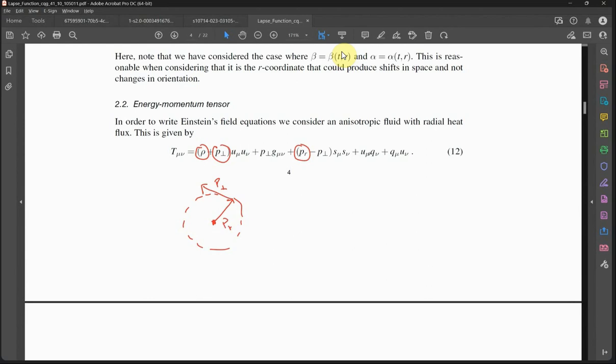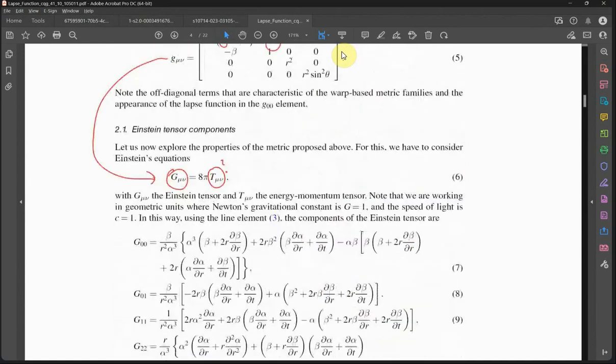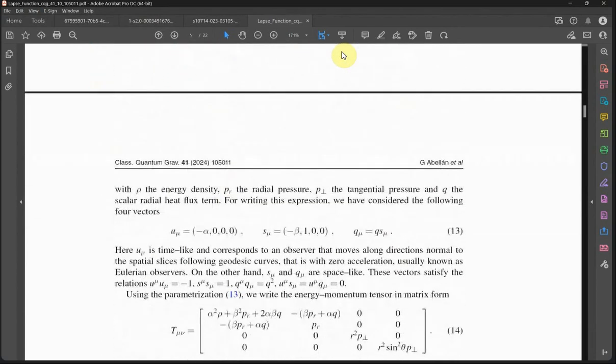And additionally to this, we have these two terms here. These two terms are going to tell us if we are allowed to have heat in the system, heat fluxes. So these terms, outside of the diagonal, might be related to dissipation in the system, okay? But what happens? We are saying this is the most general energy momentum tensor that we can plug here, where we don't know if we are allowed to put all this together. We just plug all this, and because of equation 6, we will know if all the things that we put in the T mu nu are really allowed or not. And basically, you work everything out,